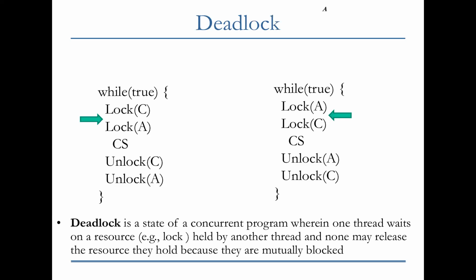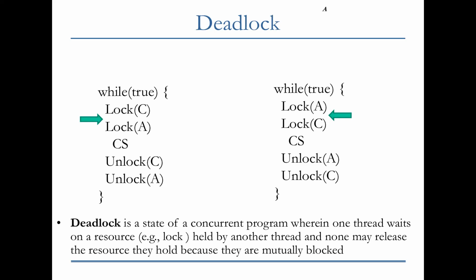Yes, yes. So you get lock C in thread 1 and you get lock A in thread 2. And maybe after this, threads were preempted, doesn't matter, right? Or maybe they had some other operations and got preempted, who knows. Eventually, they're going to try to get lock A and lock C correspondingly in the other order. So now when thread 1 tries to get lock A, it cannot get it because it was already taken by thread 2. When thread 2 tries to get lock C, it cannot take it because it was already taken by thread 1. So now they are waiting for each other and will wait until the lock gets released,